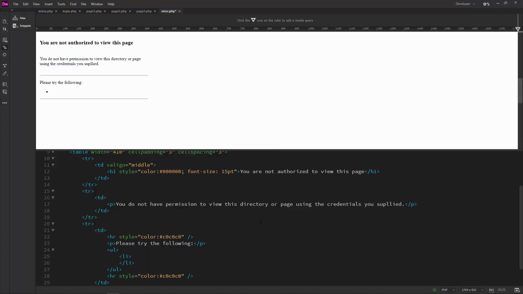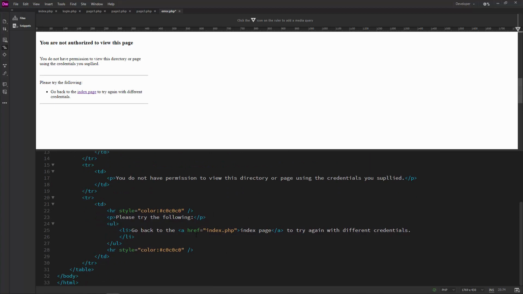We'll say, go back to the index page to try again with different credentials. We will make the text index page an anchor tag. So there's our open and close anchor tag. Or